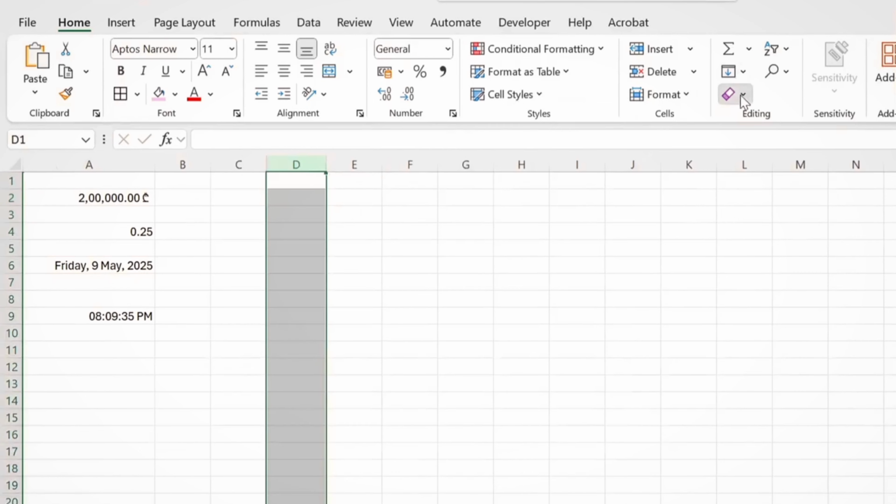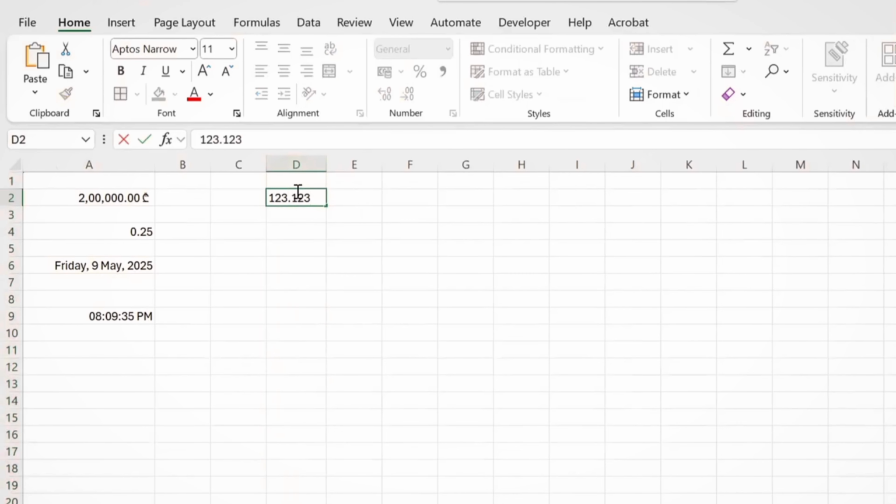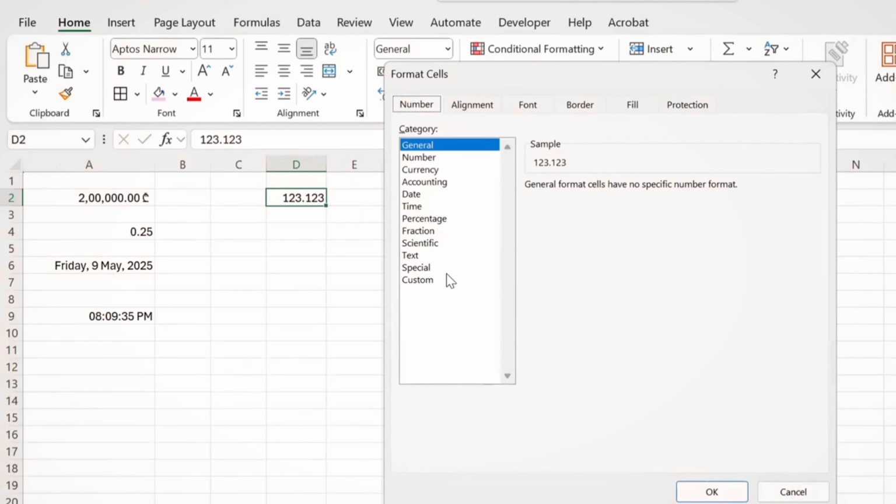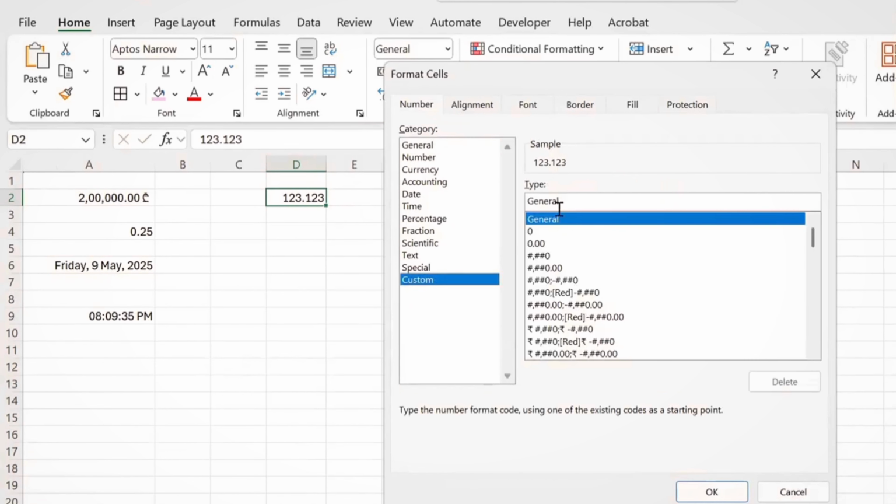We select the cell, clear all. Now let me add it, 123 decimal 123. This is my number. I'll hit Control 1 and the Format Cells dialog box will open up. And under this Format Cells dialog box, the Custom tab, what I'll do is that you just keep an eye